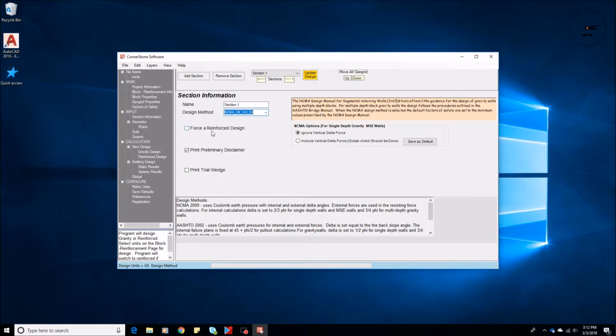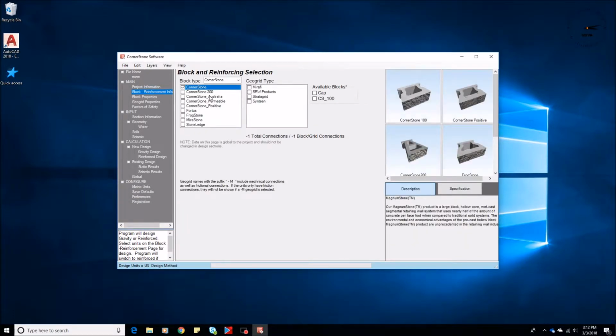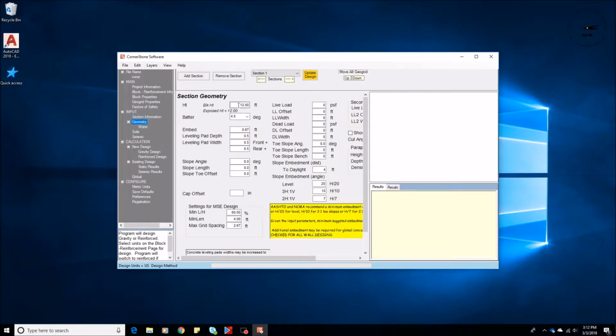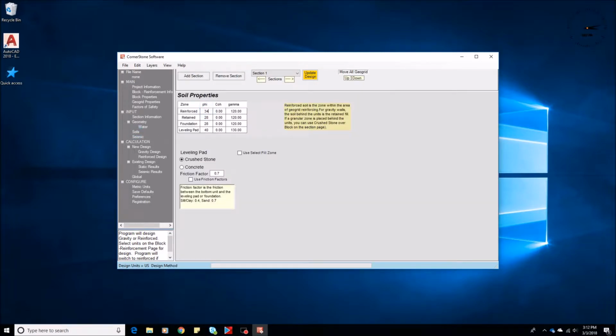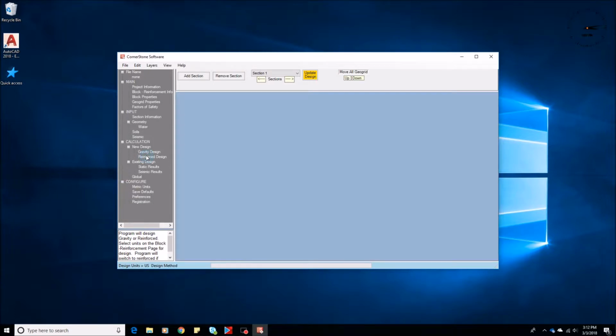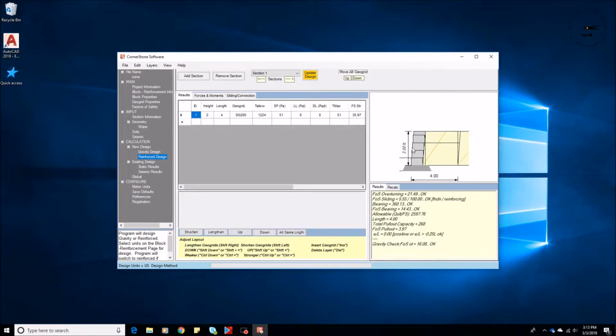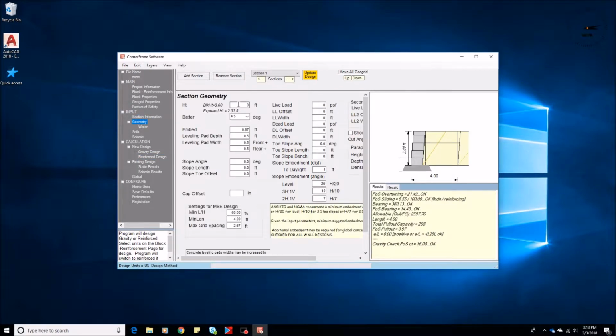If we look at force reinforced design, if we go back and we have the Cornerstone 100 Stratogrid reinforcing, we do a wall height of say 3 foot high. We've got good soils behind the wall. Let's see what happens. It still makes it reinforced, but if I were to drop my